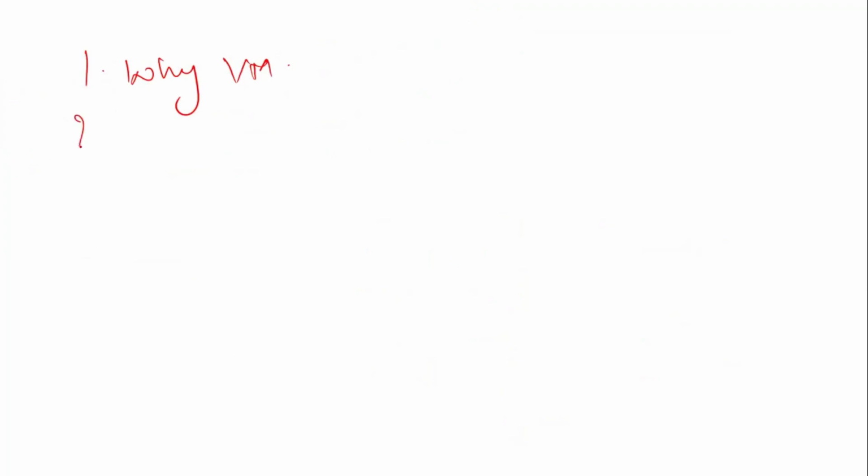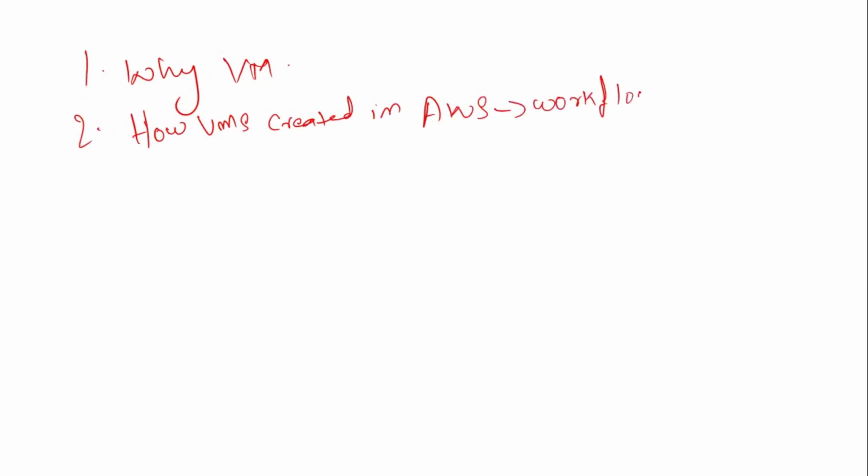The next thing we understood is how to create a virtual machine, how VMs are created in AWS, the entire workflow. And when I say workflow, it's basically the script which is written,